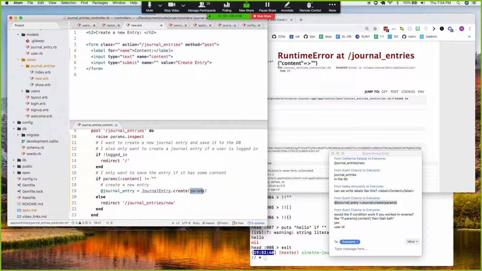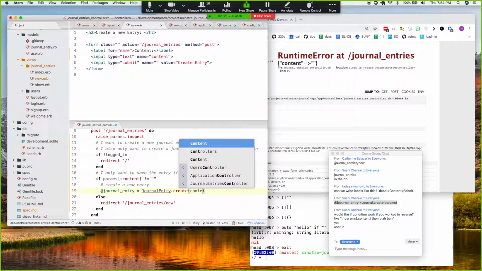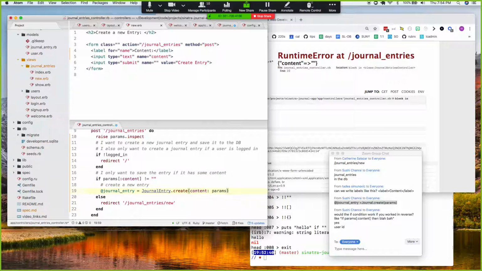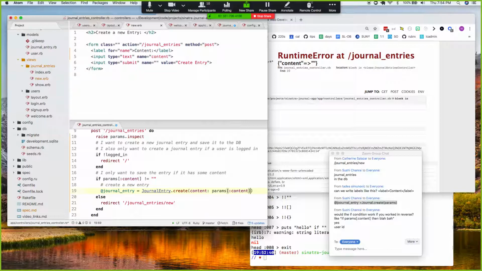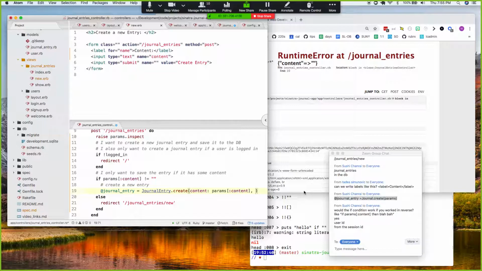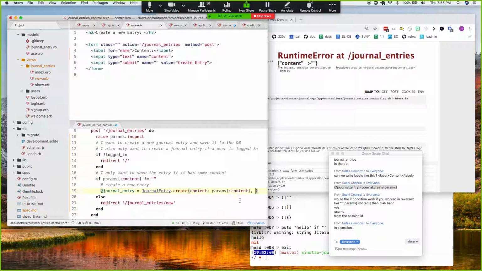We could be more explicit here. Instead of using mass assignment, I could be a little more explicit and say content is going to be params content. Okay. But what about the user ID, which I think is what you just mentioned? How could I draw that in right here on this line? Where do I have access to the current user's ID? Or how do I have access to it? The session. The session, yep, session is one place. And since I built a session,